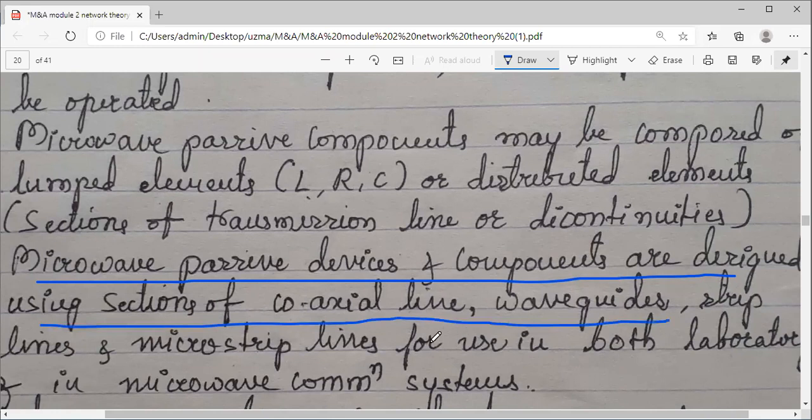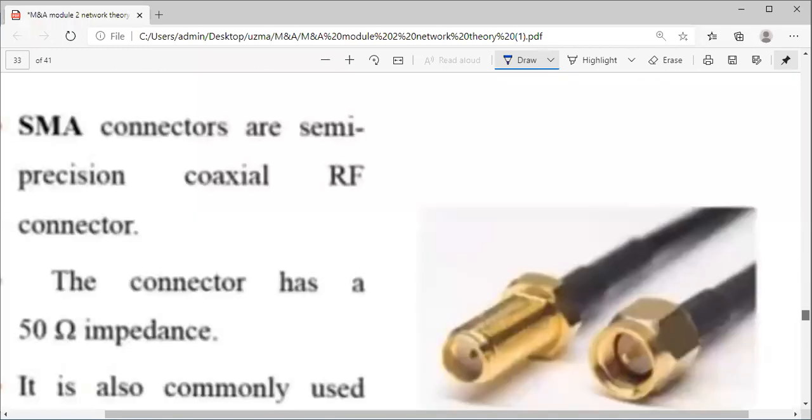So whatever your transmission line is, we take a section of it and design the device. Even the attenuator will be like that. We design it using a section of these transmission lines. It can be a coaxial line, it can be a waveguide. We are going to look at both of them in the further section.